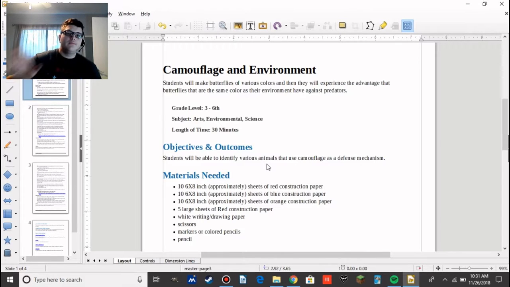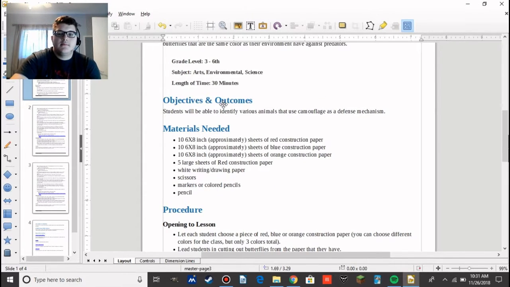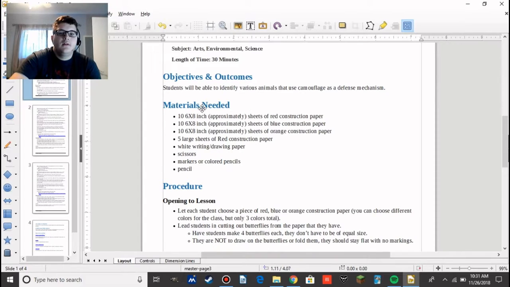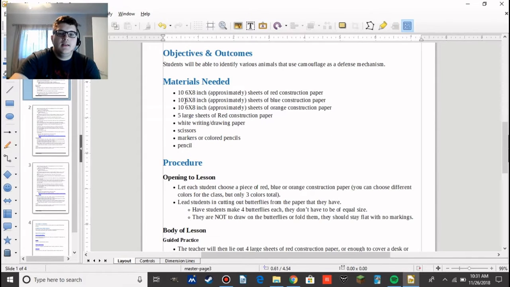Moving forward. Next is going to be about the materials and reading through each section individually. Objectives and outcomes, already sort of went over that. Materials needed, the 10 6 by 8 inch approximately sheets of red, the blue and the orange construction paper, and then 5 large sheets of red. All these can be switched out with specific